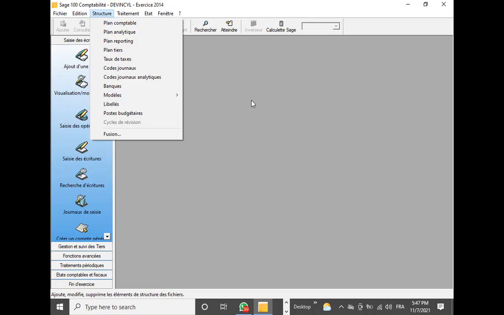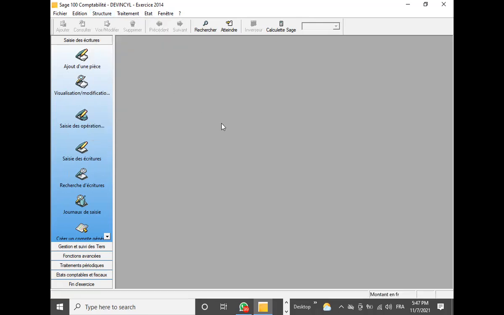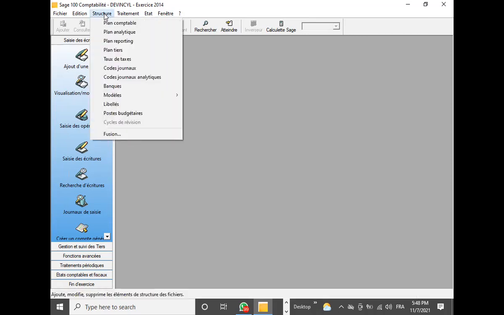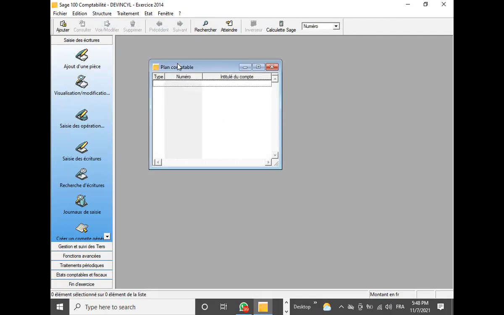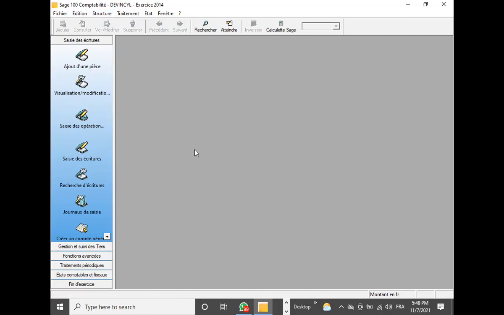So now, since we have to draw the balance sheet, and you will see some transactions to record, we have to get to structure. You will see something there like accounting plan or chart of accounts. So you click on it, and you have something like this. To have something like LAN enterprise, this is a new